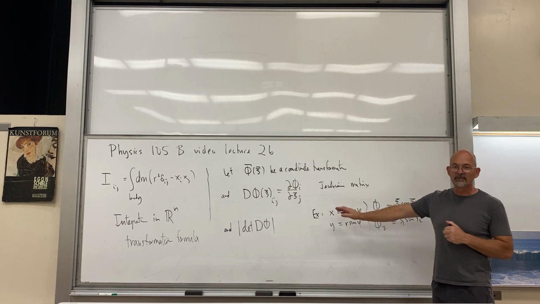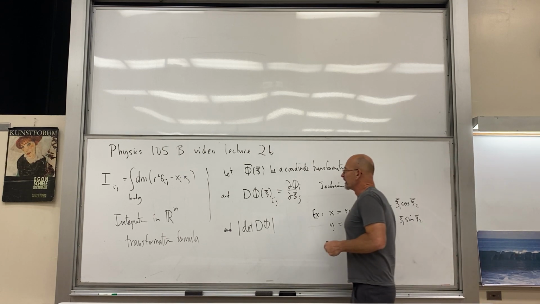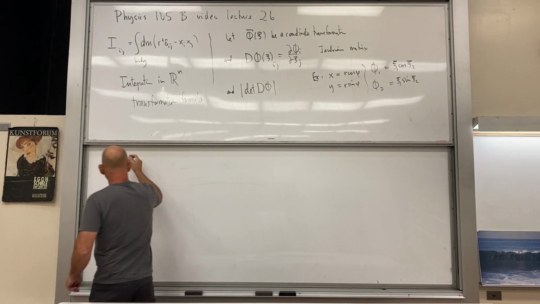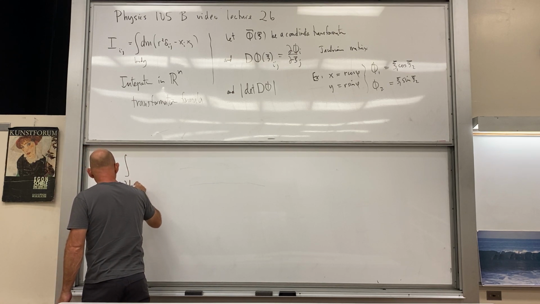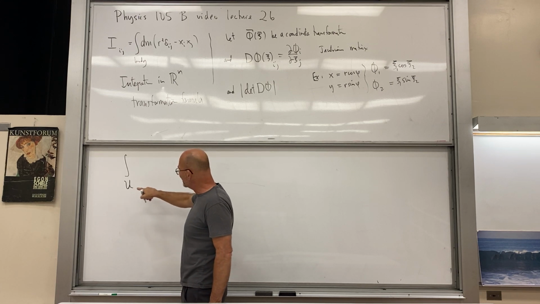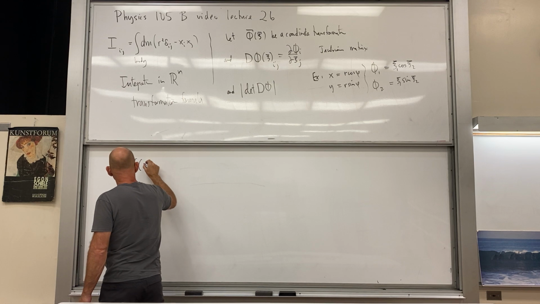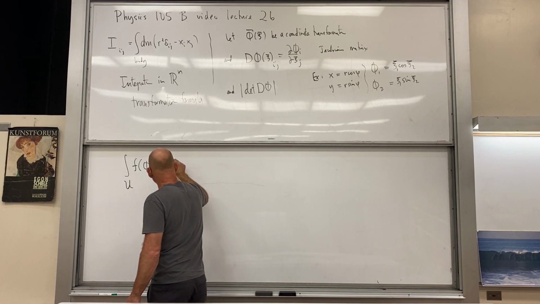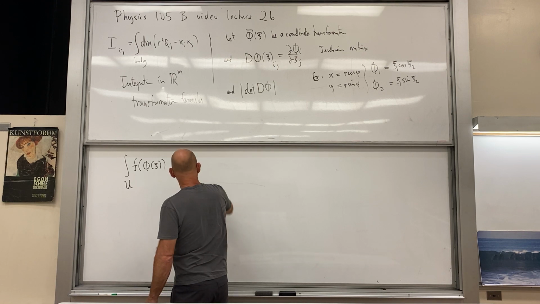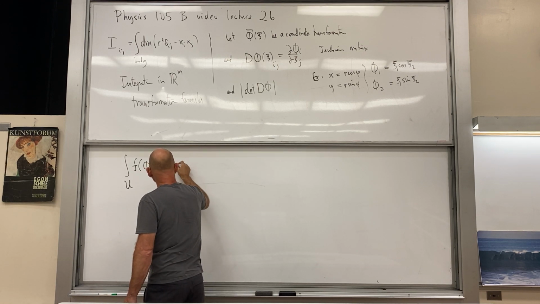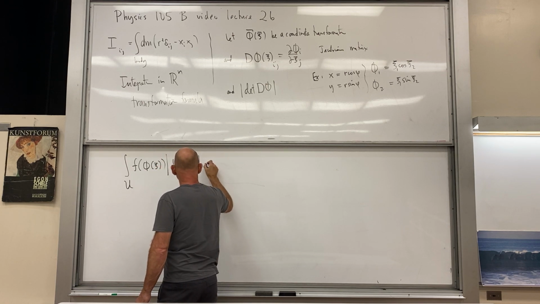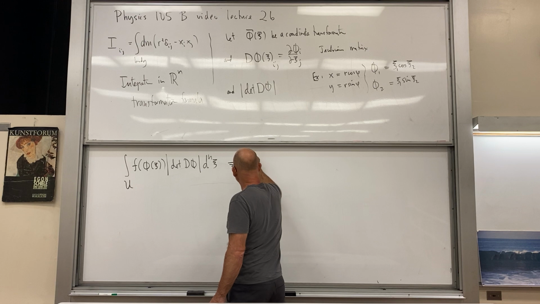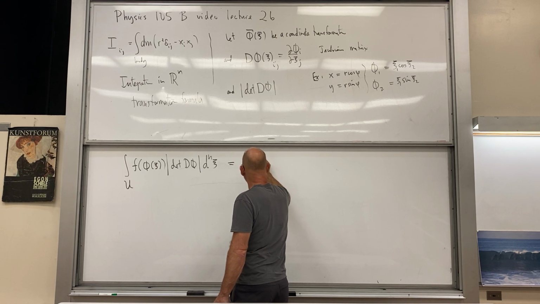We're going to be going between different letters and variables, so we just have to deal with that. So the transformation formula looks like this. If we're integrating over some region in n space, that's what U is here, a region, we have a function of phi of c. I'll leave off the vector signs, and then we have the determinant magnitude of this d phi, d^n c, n variables, that is equal to, I'll just write f of y